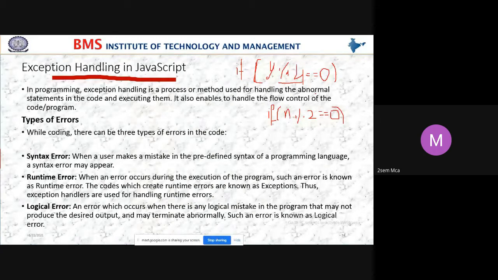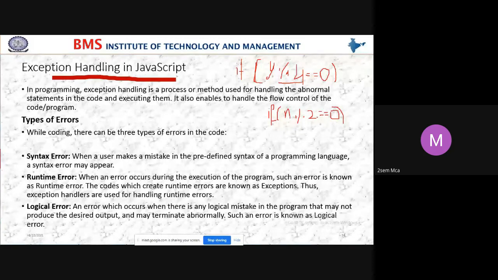Okay. If you divide a year by 4, if the remainder is equal to 0, then we write the given year is leap year. And here, if you divide a number by 2, if the remainder is equal to 0, then the given number is even.